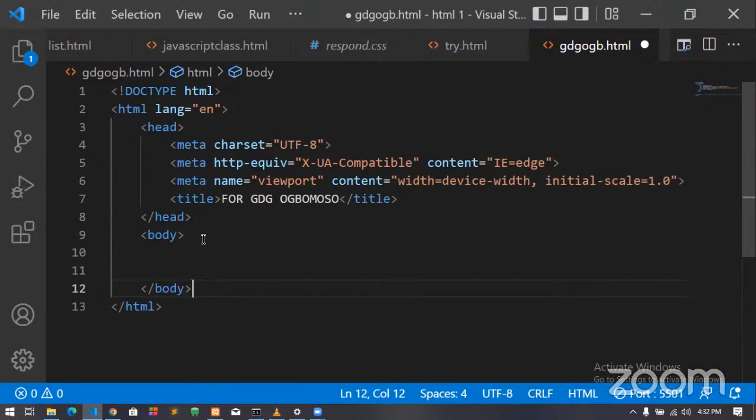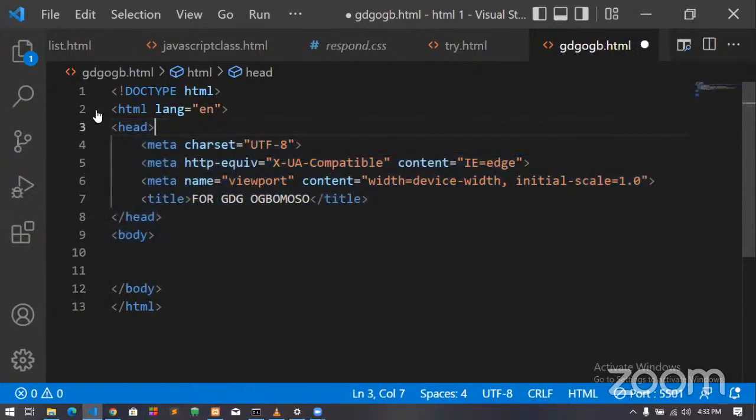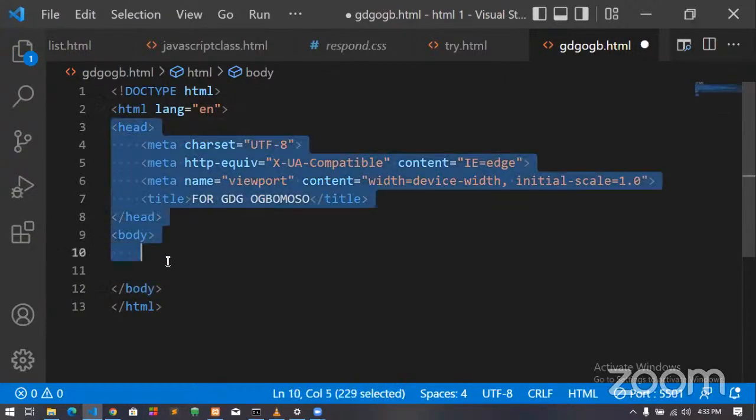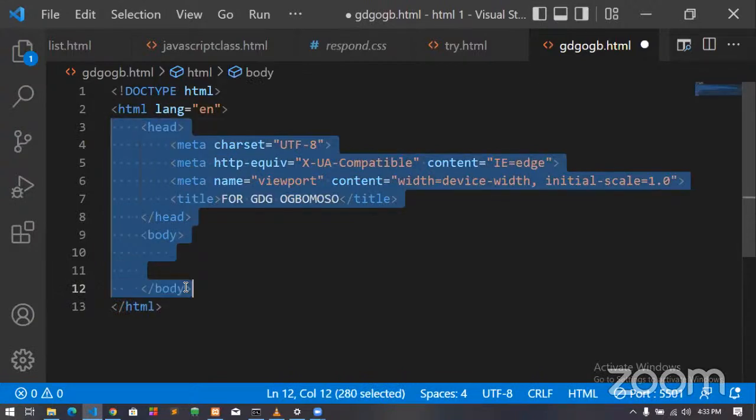But there's a way a developer can write their code, and when they see it, they will know this person is not serious. But that was the joke, actually. Indentation really helps. It makes your code very neat, very structured. So to indent, I'll try that again. You are aligned from your open head to your closed body.